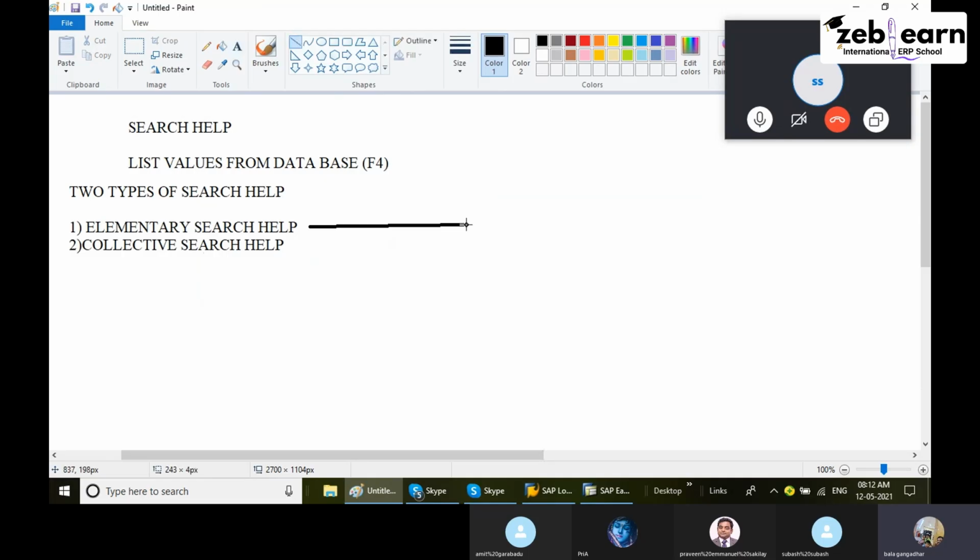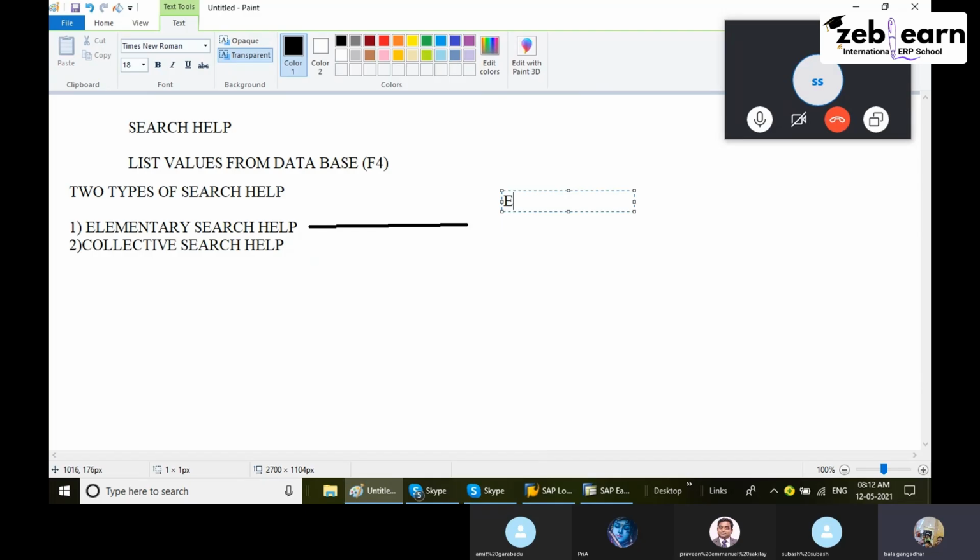If we want to explain this definition, elementary search help means based on a single database table